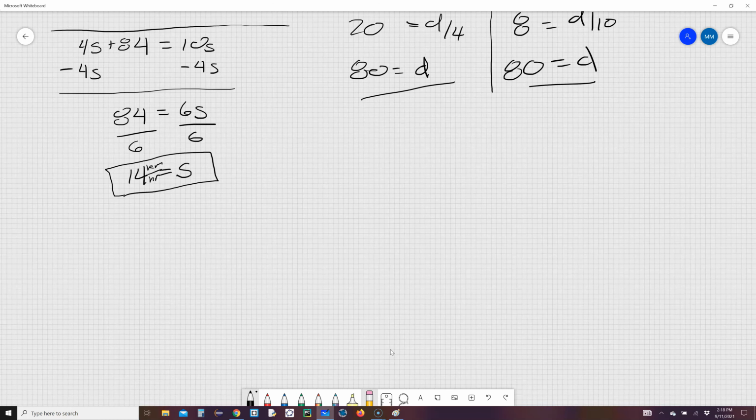So step 5, we write our conclusion. The speed of the boat